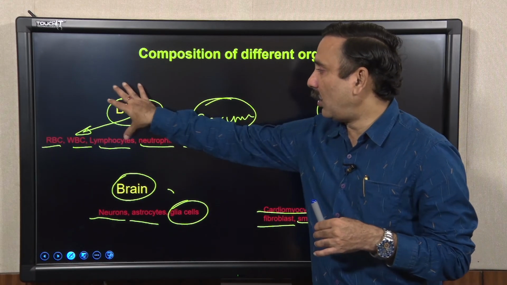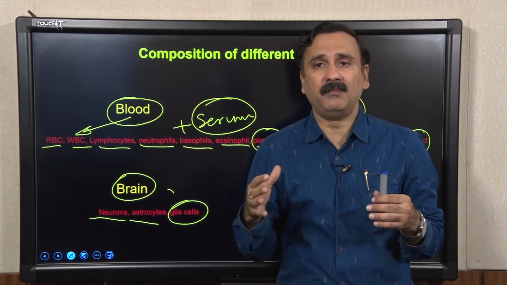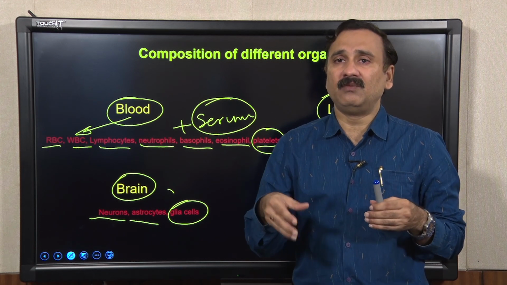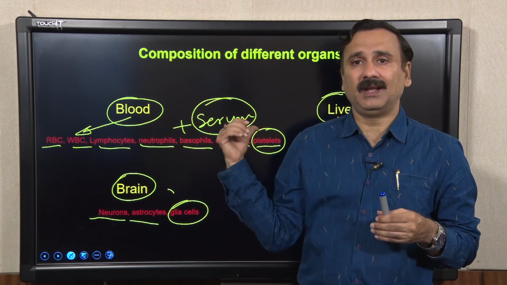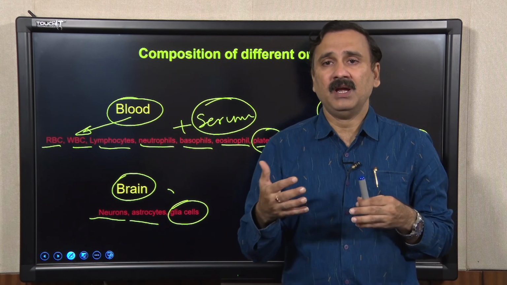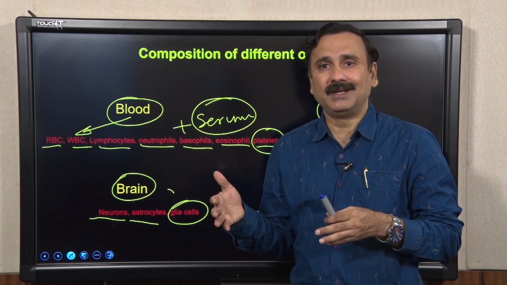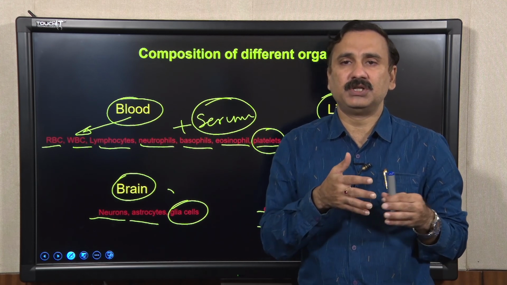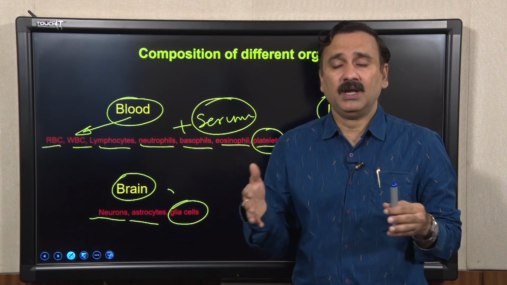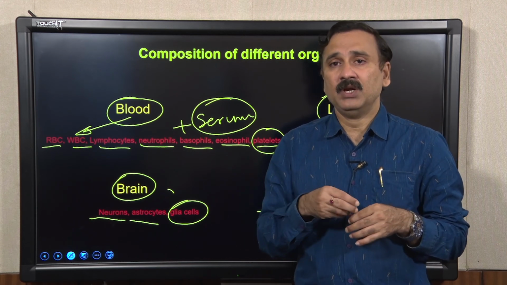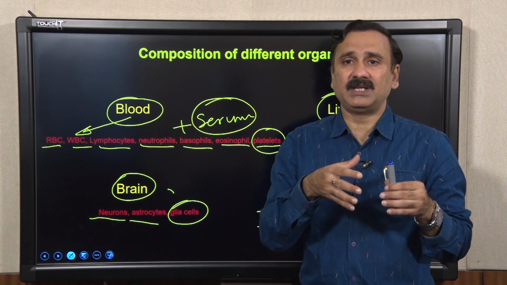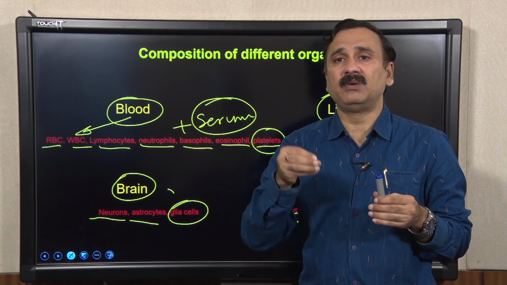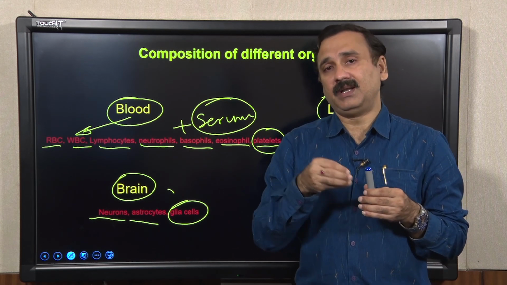So, as you can see, all these tissues are composed of different types of cells, and you can imagine a situation where you are interested in studying these cells, but you do not want to disturb them or hurt them by going through extensive centrifugation or some of the purification techniques. So, how can you achieve that? You are looking for a system which can separate these cells under flow, and then you can individually study these cells.